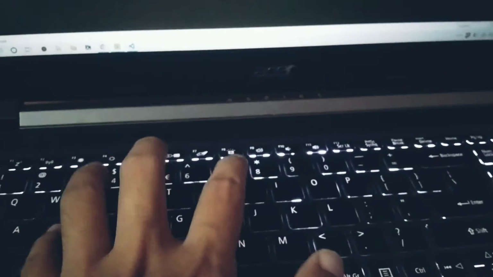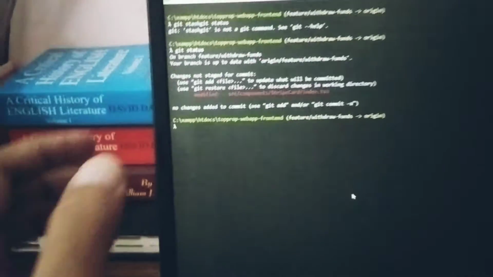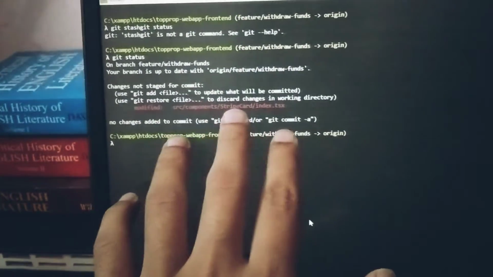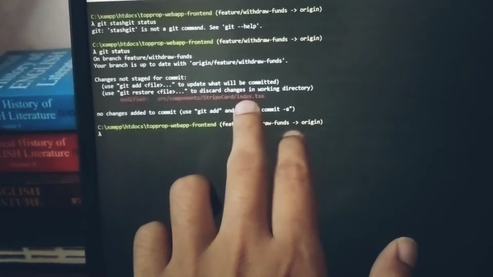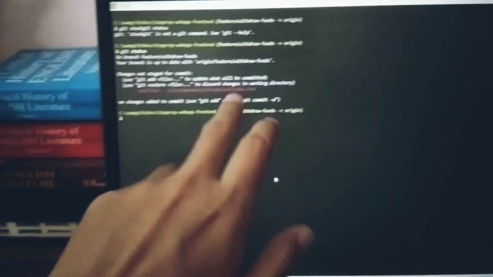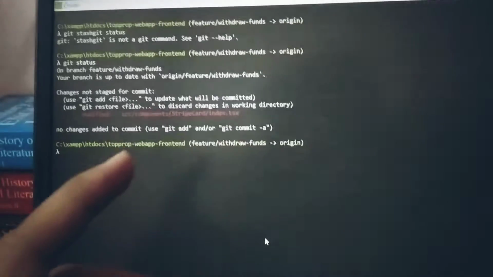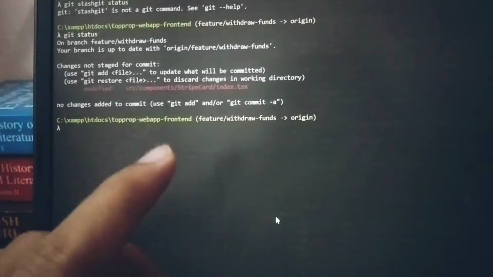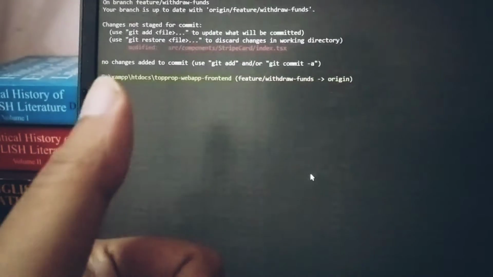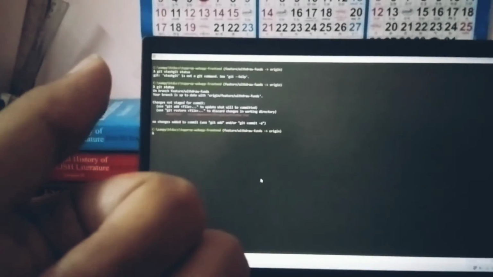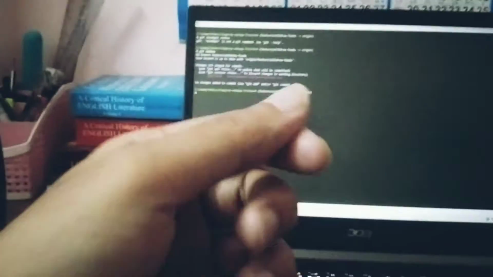So if you do git status, then you will see that there are a couple of files that were changed and that are not committed yet. Now if you commit those files then check out a new branch for the hotfix, then this commit will get carried over into that bug fix, and the bug fix won't be isolated to that bug only. So this might create additional issues along the line.